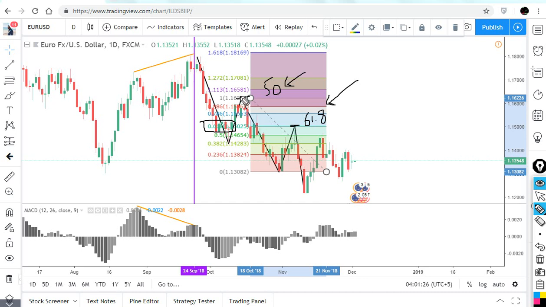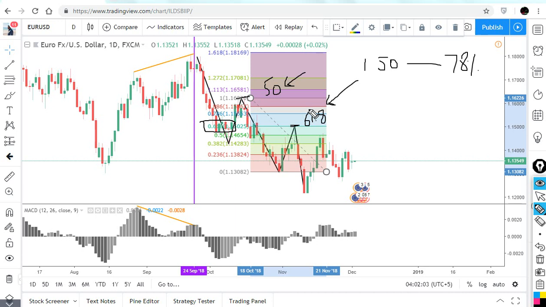So this is rule number 1: when you check your wave number 1 according to the correction, which levels it will be. I tell you the golden ratios are 50% to a maximum of 78%, or maybe in rare cases 88.6. I will tell you more further on, but right now this is our rule number 1.